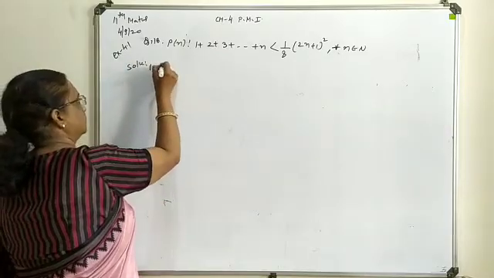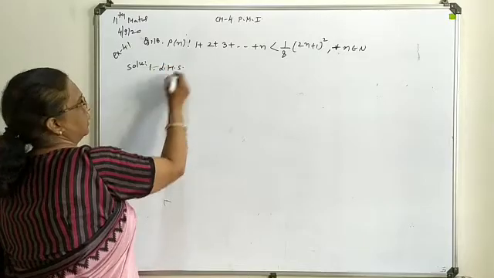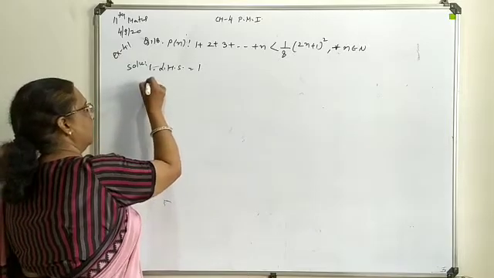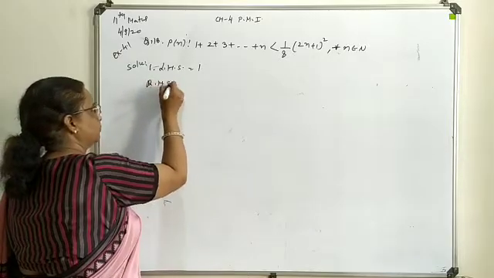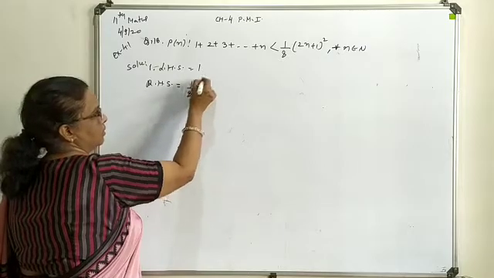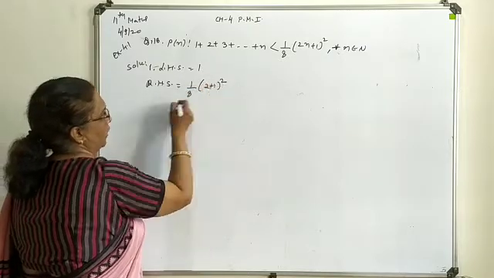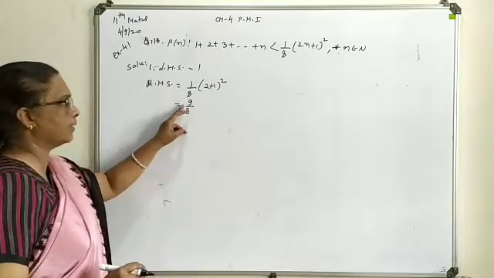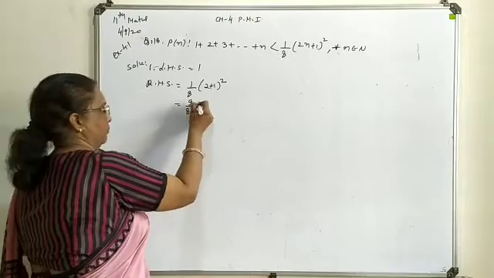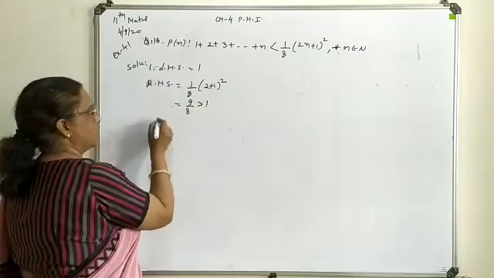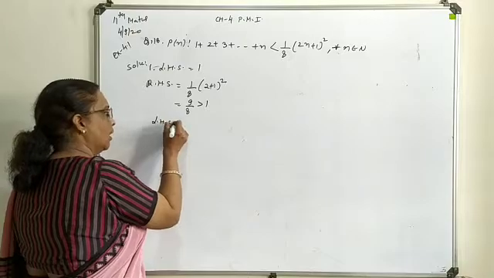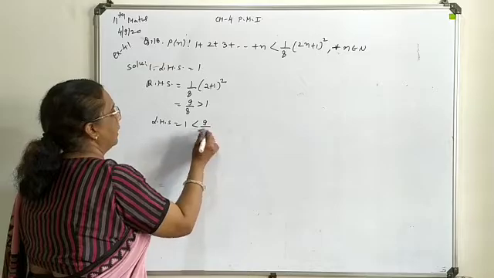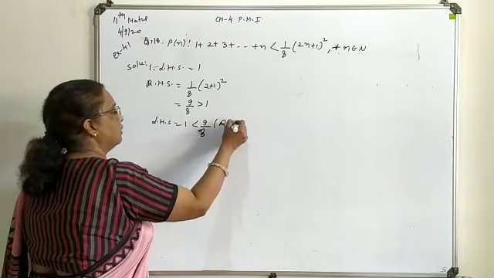First step, the left hand side we will pick up, meaning the first term value, that is 1. Now the right hand side we will pick up, that will be 1 upon 8 into (2 plus 1) whole square, meaning 3 square, 9 by 8. Obviously it is greater than 1. Means you can say that the left hand side, 1, is less as compared to 9 by 8, which is your right hand side.